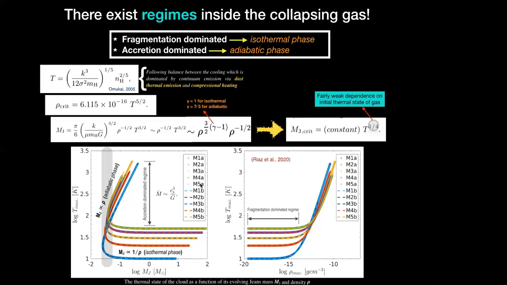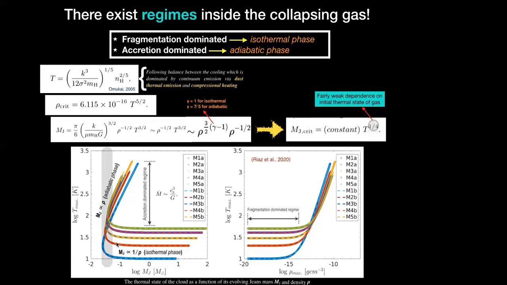These are the models that we followed. For instance, M1 is the 10 Kelvin case, and M5 is the 50 Kelvin case. So these two extreme cases are represented with these curves. What you find is that in each case, the gene's mass is going to evolve and decrease significantly as the collapse continues.